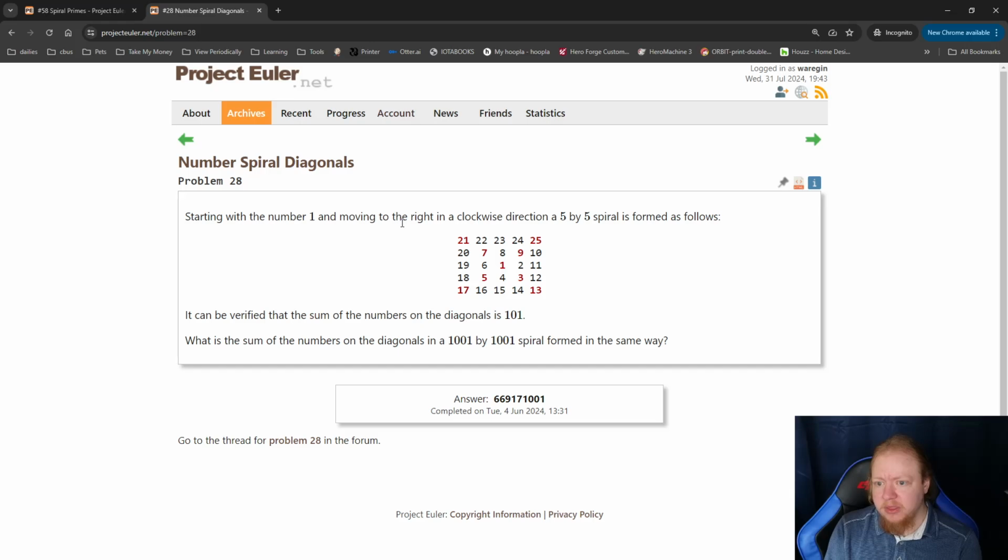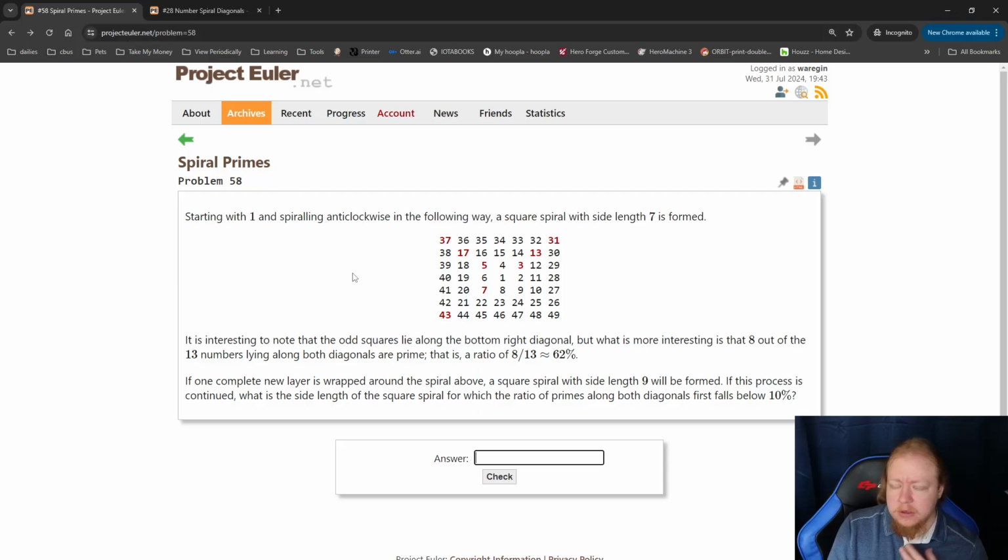Where starting with the number 1 and moving to the right in a clockwise direction, a 5 by 5 spiral is formed as follows. And in this one, we were interested in the sums of the numbers on the diagonals, for a spiral with a side length of 1001. So,